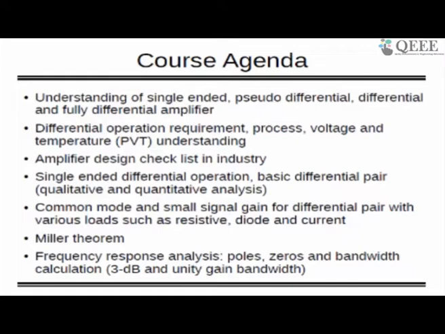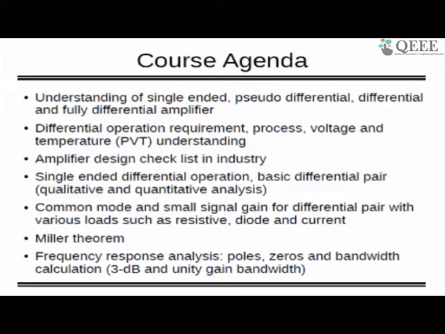After that they also do something called Monte Carlo, and they check all these things using a statistical variation method. So these are the things we want to achieve: whatever circuits we make have to be process, voltage and temperature independent. They should not vary. This is a checklist followed by industry, and we are going to do the same. Now, the single-ended differential amplifier: how the operation works, and on the basis of that single-ended operation, we are going to develop something called the differential pair, and try to understand the qualitative and quantitative analysis of the amplifier